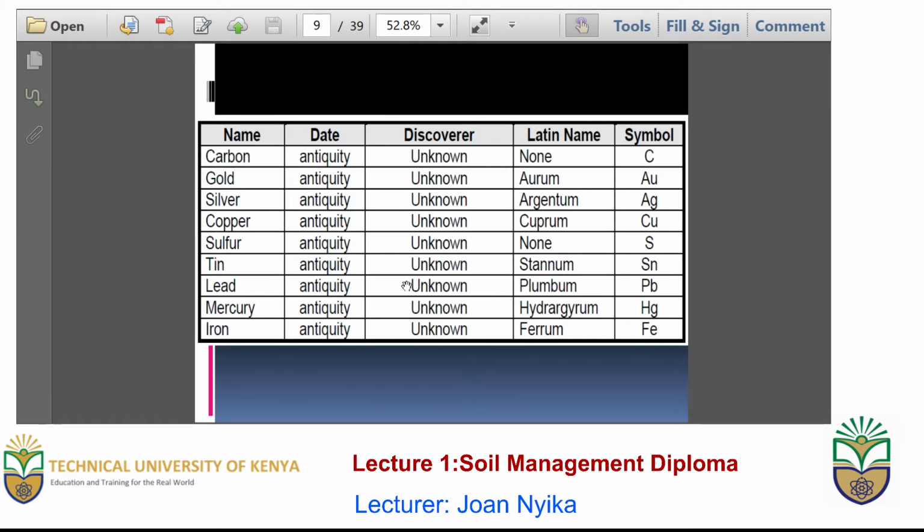When you look at this table, it shows you some of the elements, their symbols, and their Latin names. In the case of carbon, carbon does not have a Latin name, and that's why the symbol is C. In the case of sulfur, sulfur does not have a Latin name, and the symbol is the first capital letter, which is S. All these others have Latin names, and their Latin names also influence the symbols